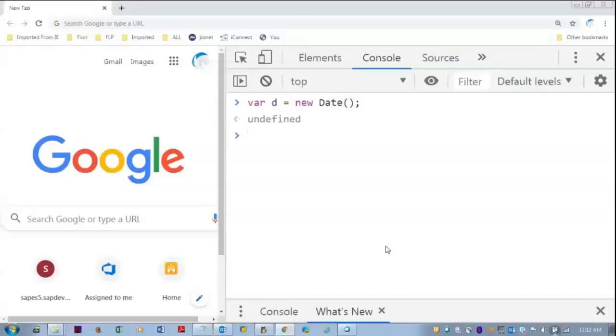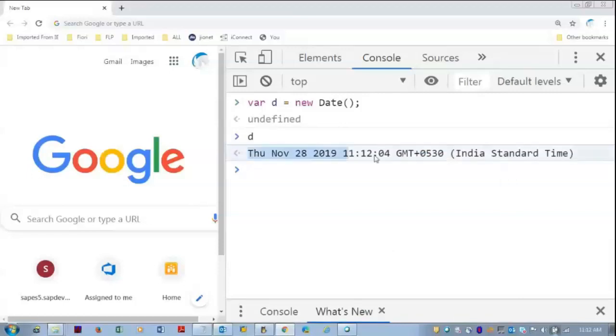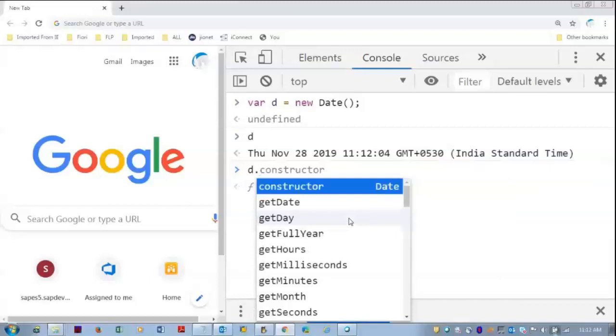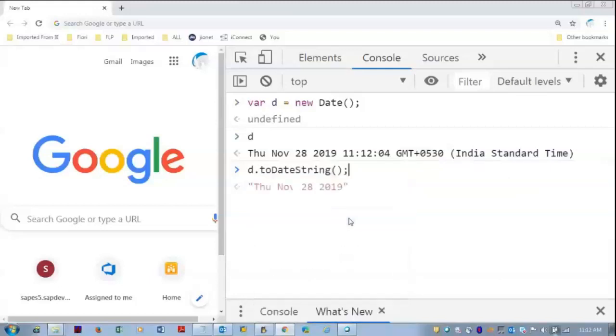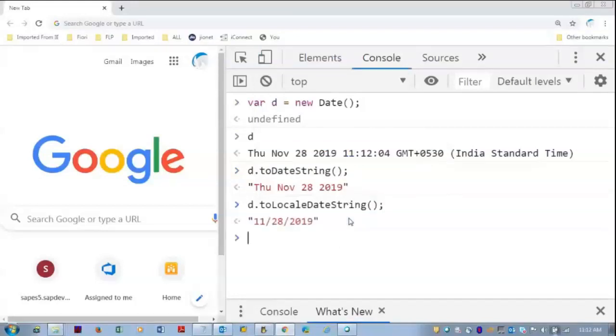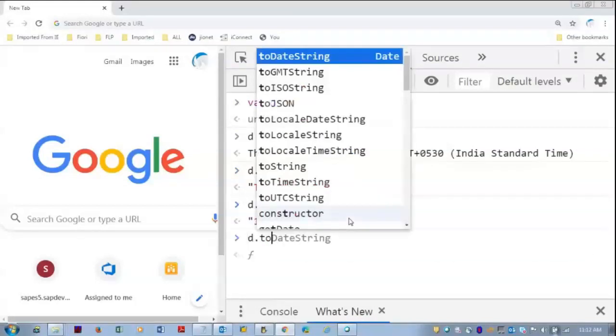Why are you creating an object for the date? Because it has to store some value. What value will the Date class store? It will store the current date and time. So in this scenario, when I type d, it stores the current date and time in GMT format. The lengthy date and the timestamp will be there. All these things we can convert into whatever we want. Just put d dot, and again the standard methods will be there: d.toDateString, d.toLocaleDateString, and lots of things, d.toJSON is there.